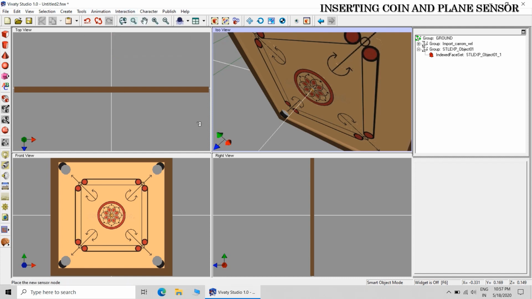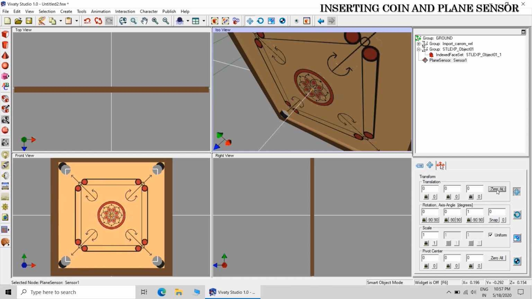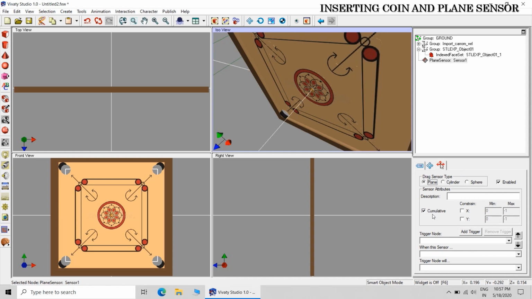Then interaction, create a drag sensor. Plane sensor is a drag sensor. Bring that sensor to absolute 000 position. Bring that under the coin group. Uncheck the cumulative box and give the x and y constraint, because z is already 0.